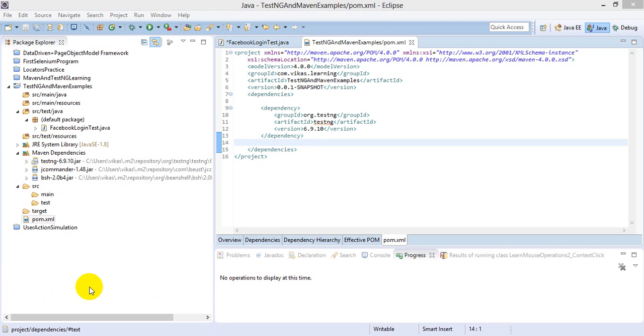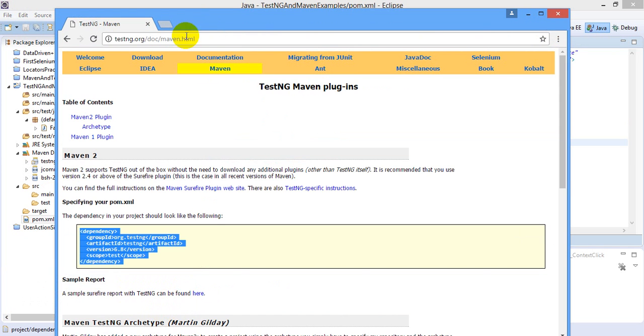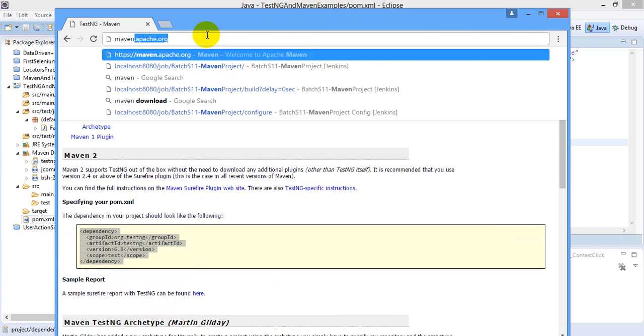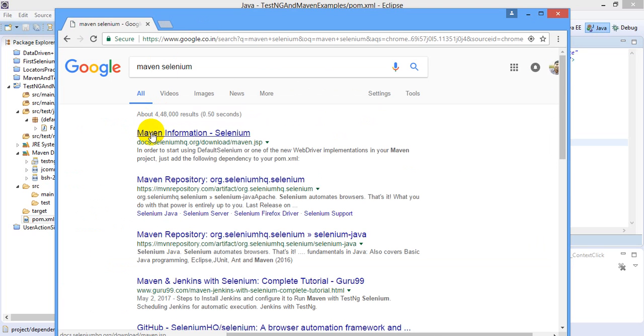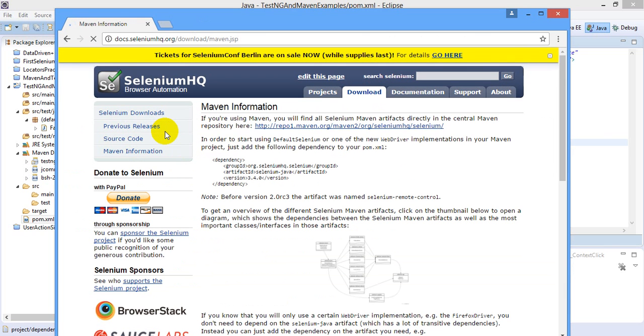Now let's add a reference to Selenium in a Maven project, okay, because we are not adding a reference to that jar file directly. We do not use a direct jar file in Maven. I am again repeating the same thing. So Maven Selenium, just Google Maven Selenium. You will see, almost most of the time, the first link only. So Maven information, and there you have to find the dependency tag. Can you see a dependency tag? It is present on the Selenium official website. So just copy that dependency tag,